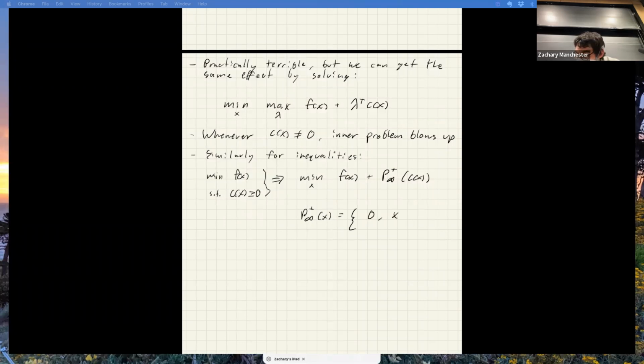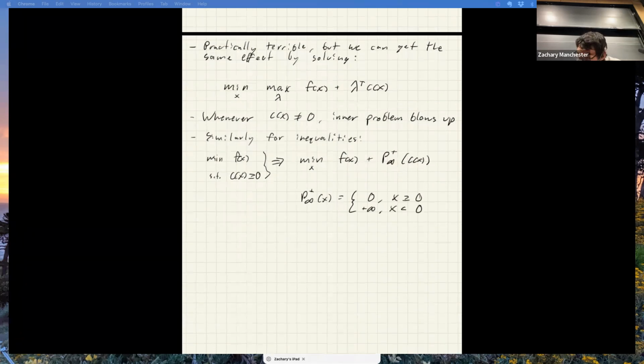0 if x is positive, and then plus infinity if x is violating the constraint, right? So I can turn this into,